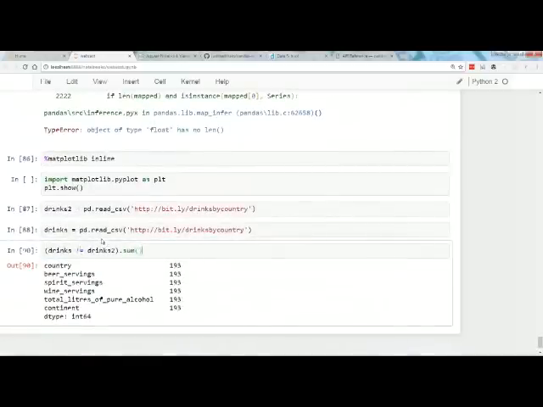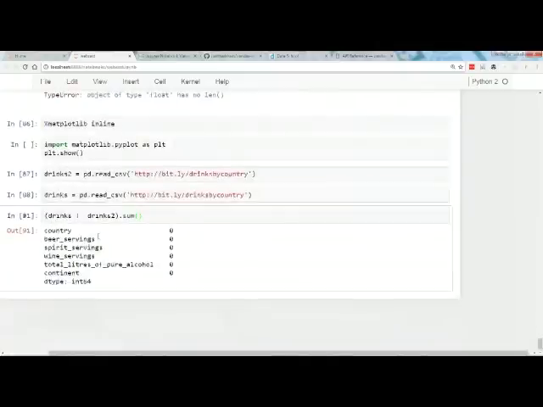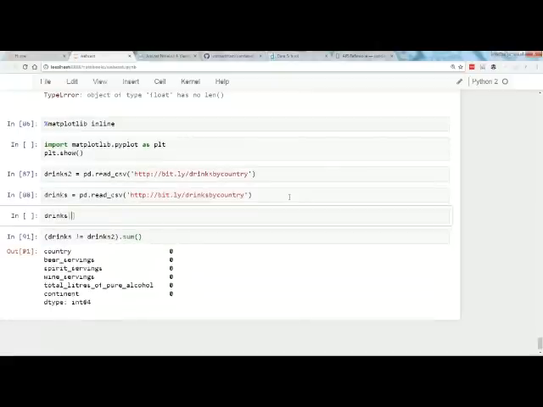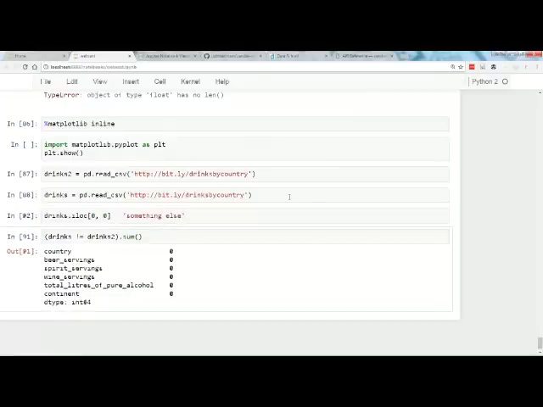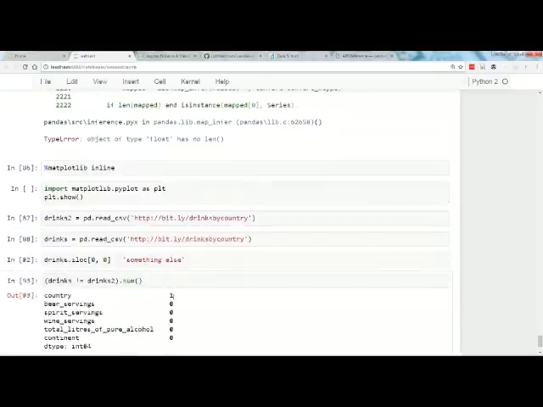So I'm checking in how many cases the cells in drinks are not equal to drinks2, and there's no difference in this case. Now if I changed drinks dot iloc 0, 0 to be something else, now there's one difference.